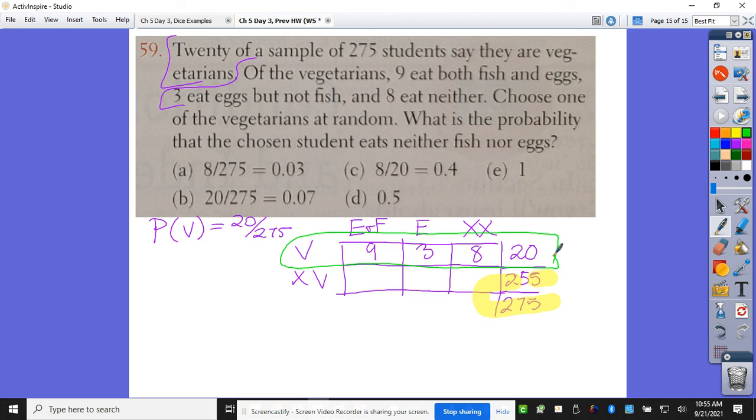Questions on any of the homework? I'm still confused because it doesn't even specify that the question asked about the vegetarians at the very end. It's just the chosen student, but it could be just in the sample. It said it in a separate sentence, and it should have said it together. I agree. I would have written it that way too. Other questions with homework? Everybody got a